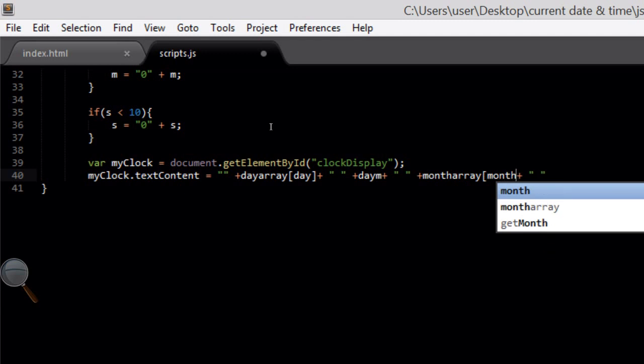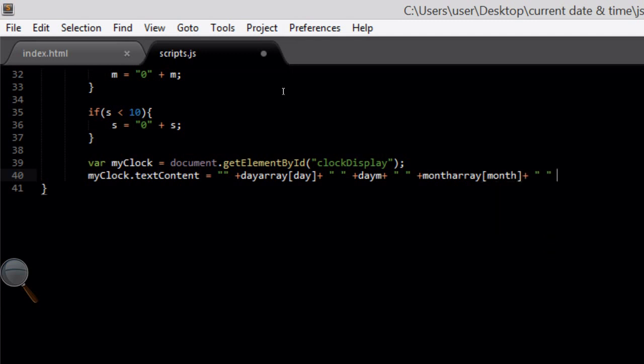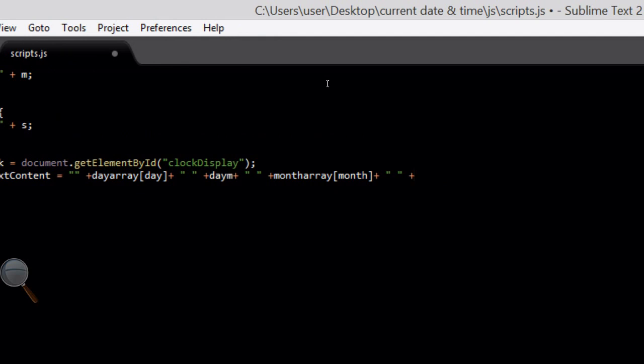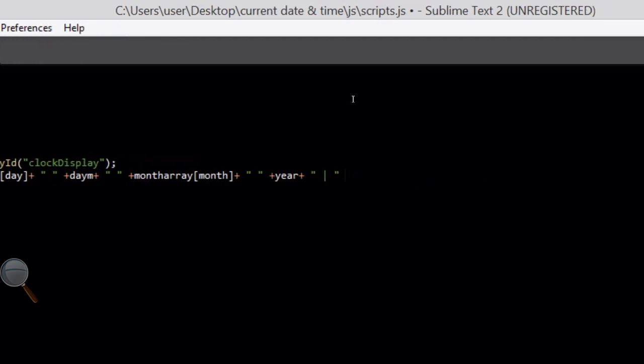We need to add in a plus day array in brackets day plus, and then another set of quotes, this time with a space in between, because we want to leave a space in HTML, plus dayM plus, and then space, 2 more quotes with a space between, and then space plus month array in brackets month plus, space, again 2 more quotes with a space in between, plus year plus, and then space, quotes, and within here